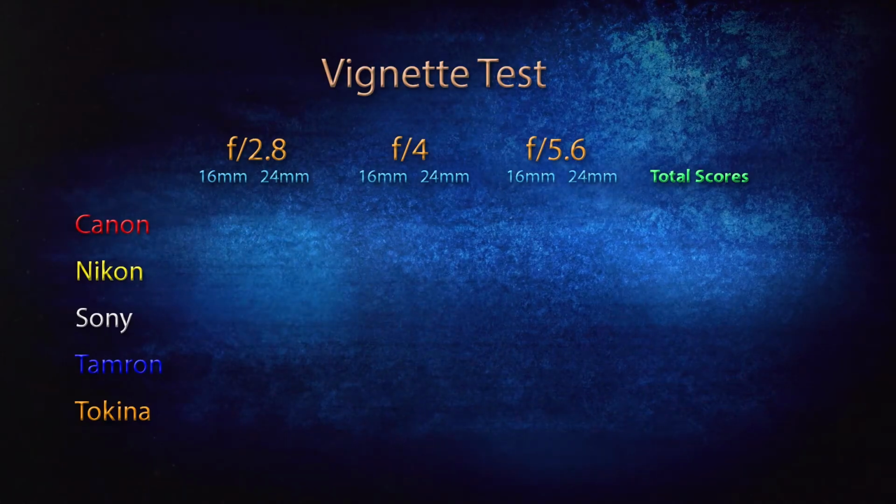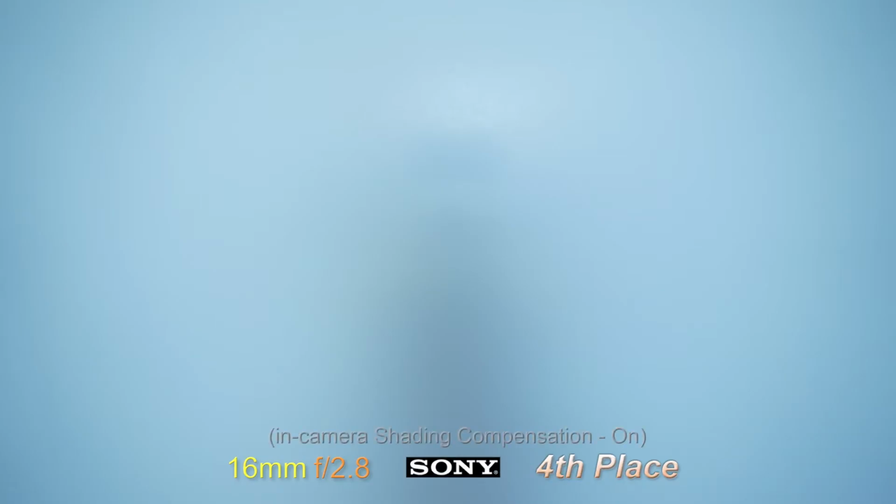So now that we have seen the stopped down performance characteristics of each lens at 16mm, it is time to square them off in a shootout to determine how they rank in competition with each other. Starting off at f2.8 in 5th place is the Canon. Coming in at 4th place was the Sony, and that is with the shading comp activated since it did make a significant contribution. And yet, it wasn't that significant because there were still 3 other lenses with better vignette performance